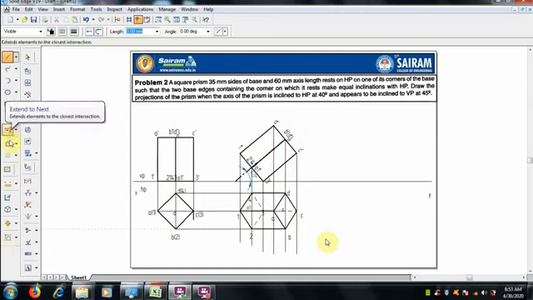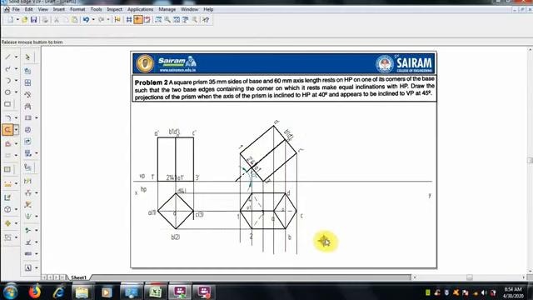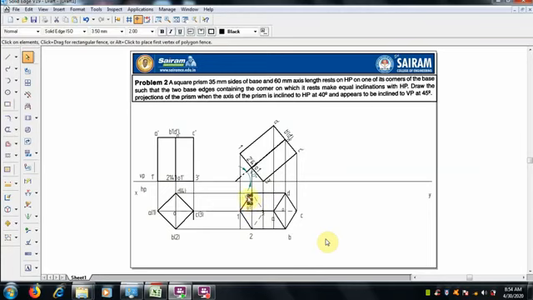Okay, next we have to trim unwanted lines. This is our first initial position, and the second position, that is the inclination of the prism at a corner, is over.